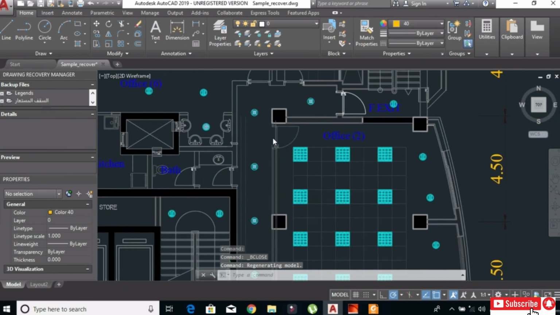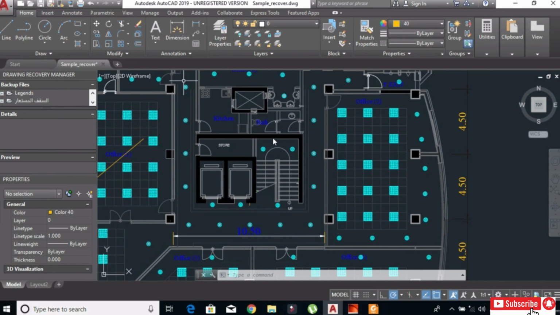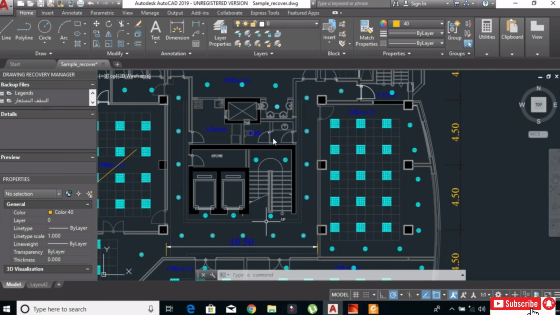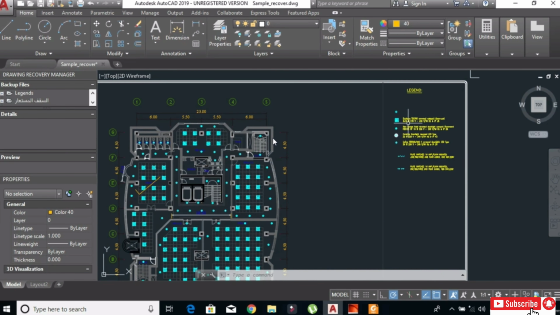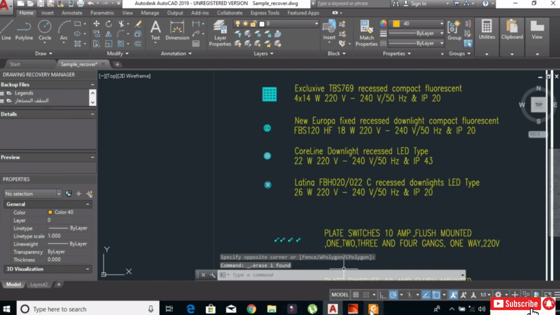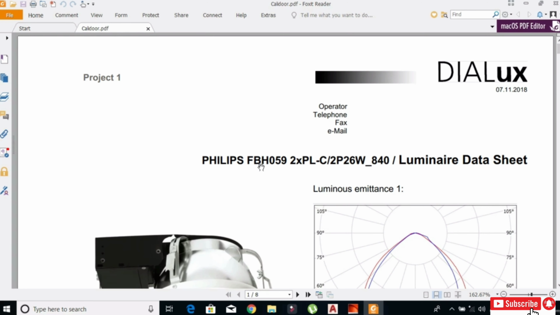Now see here the new shape of the luminaire has changed in all the drawing. Also I will change the name here to the name of the new luminaire, Philips FPH 059.